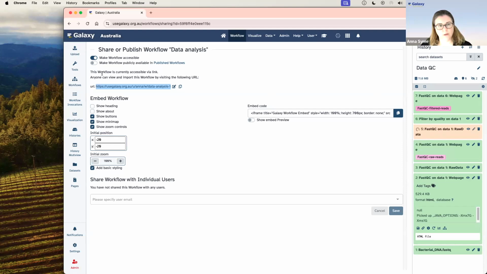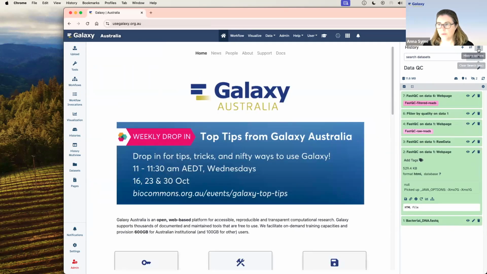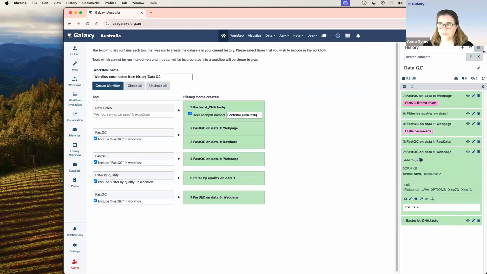Okay, so we created this workflow by filling it in on the canvas, but another way we can create a workflow is actually from a history where we've run various tools and got various outputs. So we've got our history here. So what we do is go to the top right, extract workflow. One thing we need to do is take out the things that we don't want in the workflow. So we can either do that by deleting them first in the history, or we can exclude them here in the workflow creation. So that first step of FastQC, we don't need that. We're just running the second steps. So create workflow